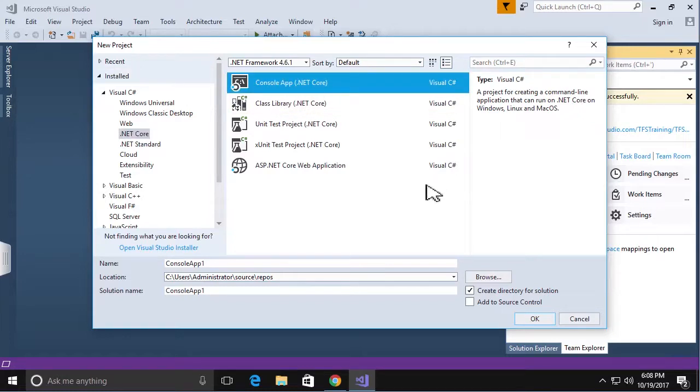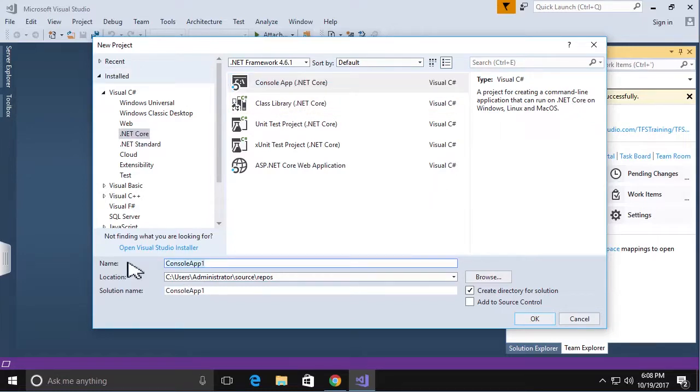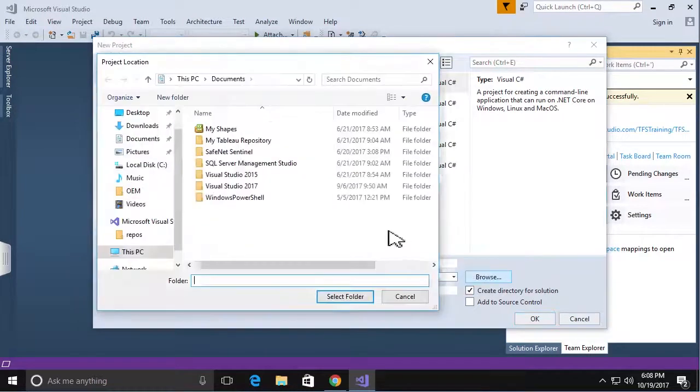Let's make a simple project. .NET Core Console app. So we'll call this project. We'll call that the solution. And then we'll browse to,